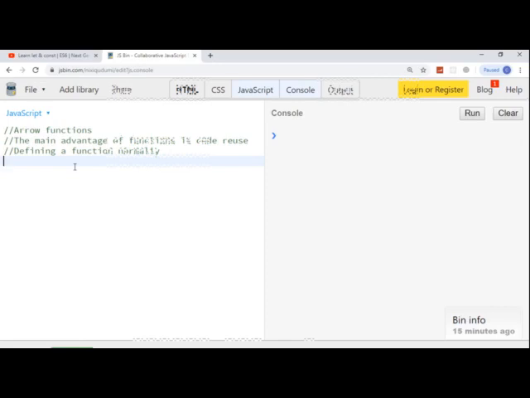In the last section, we looked at let and const. In this section, we are going to look at arrow functions. And the main advantage of functions is code reuse, where we can call the same function multiple times using different parameters. And to define a function normally, we use the keyword function